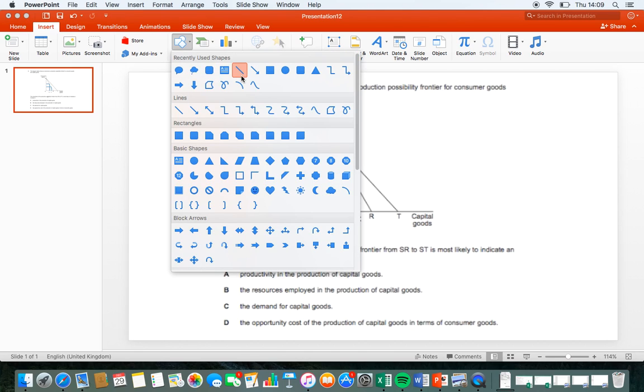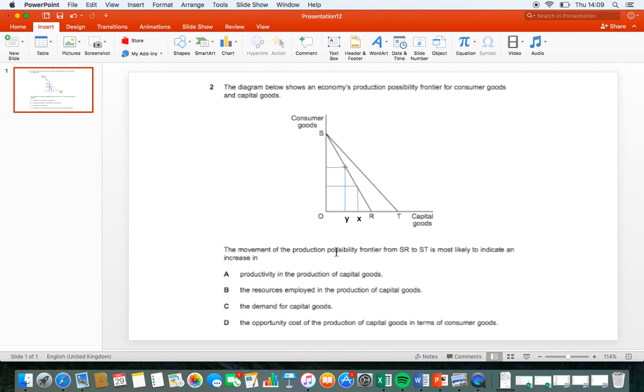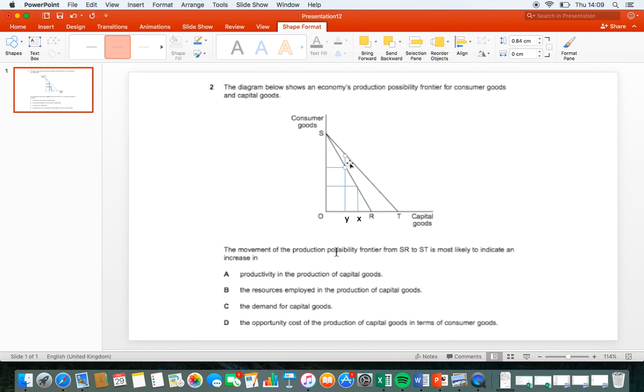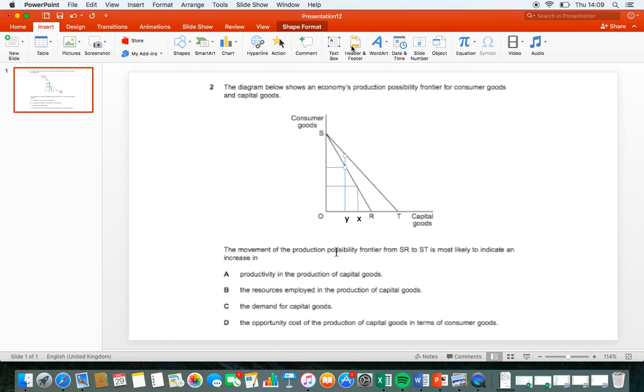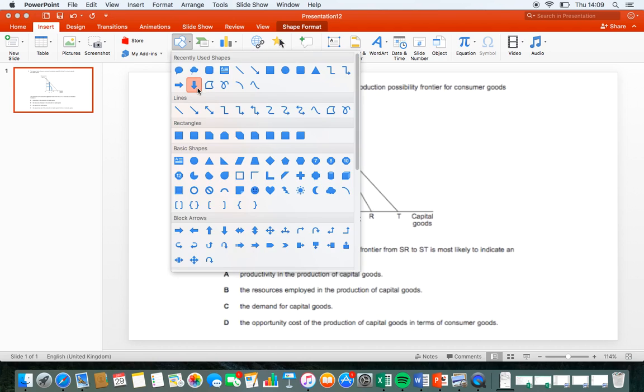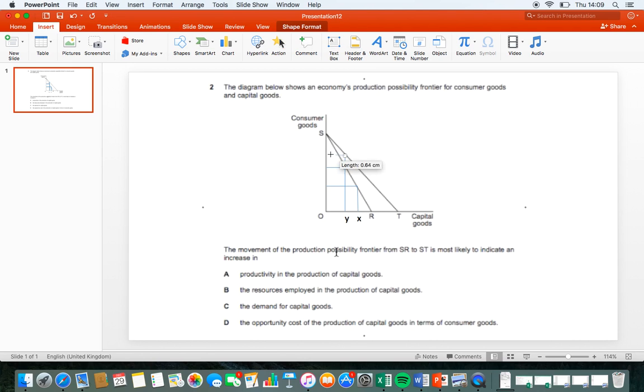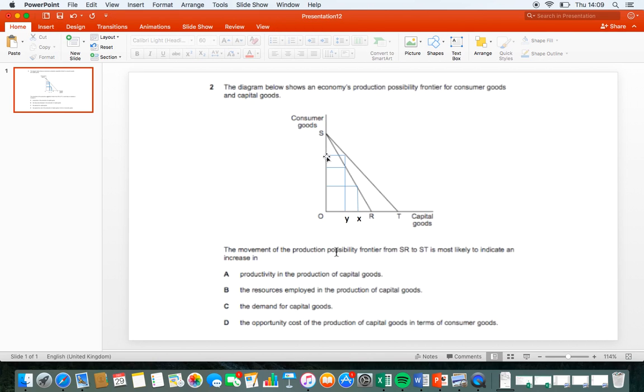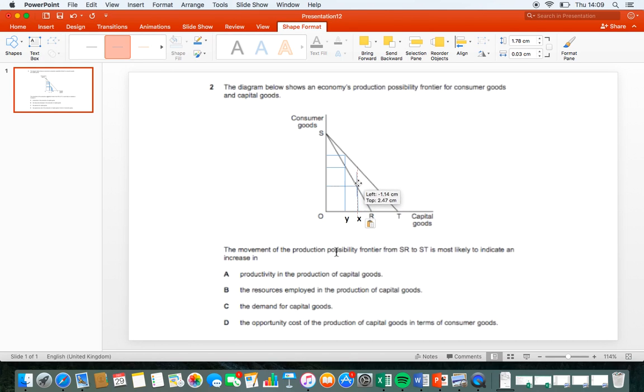Okay, now if we were to look at curve ST, now on this curve at point Y, okay, this would show us this many consumer goods are being produced. The combination of goods is Y and this many consumer goods. Okay. Now at point X, the combination would look like this. This many consumer goods, point X, and